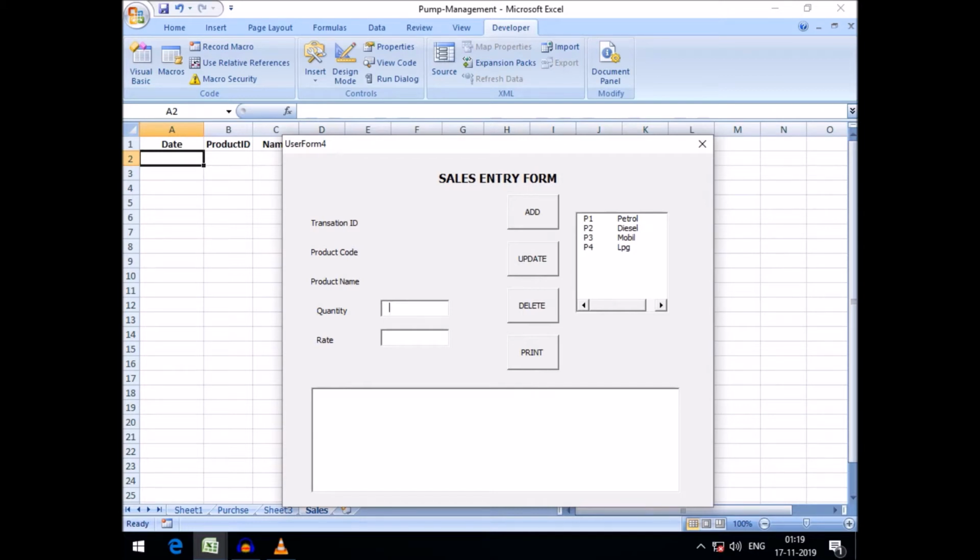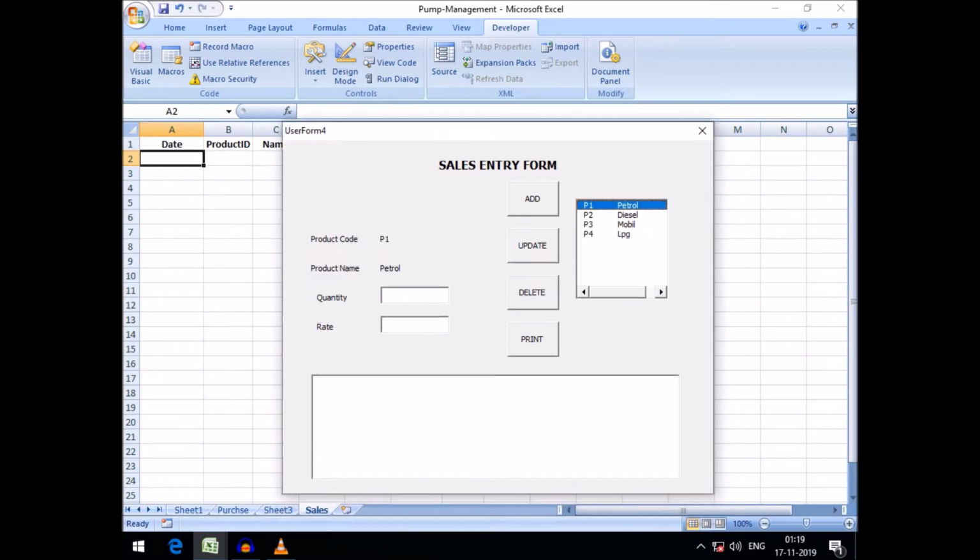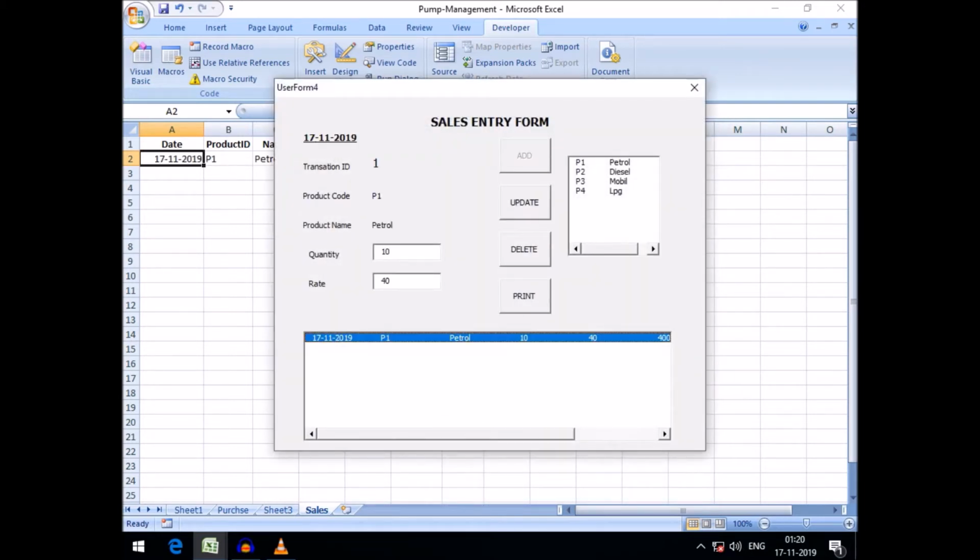Say if I sell today petrol, that is quantity say 10 and rate say 40, add. See friends, one sales transaction has been done,